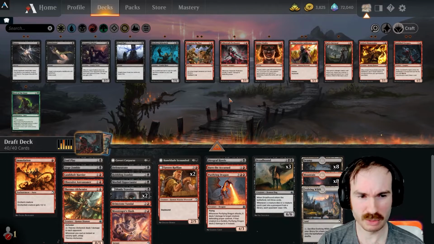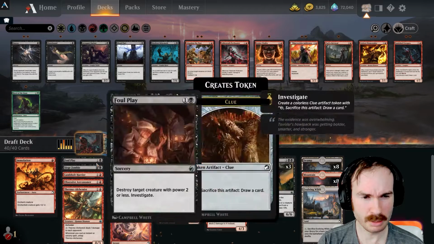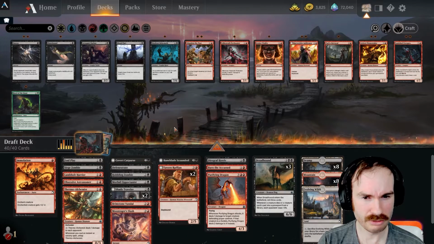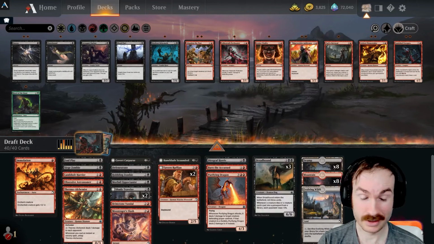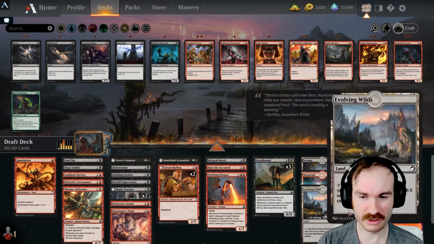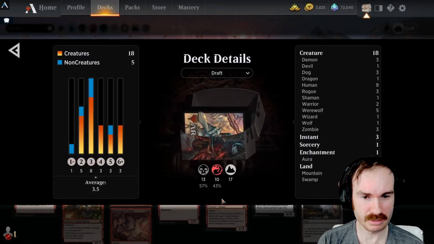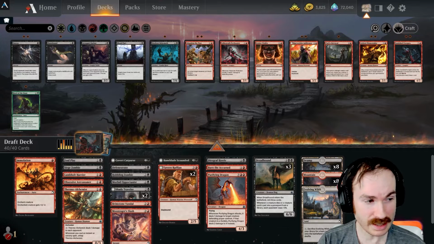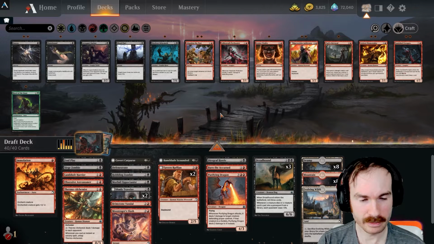Somehow we ended up removal light. Immolation, Foul Play, Defenestrate. I felt like we were on a roll with removal in the beginning, but all right. Playing 17 lands for the first time in a long time. I anticipate at least 1 flood loss